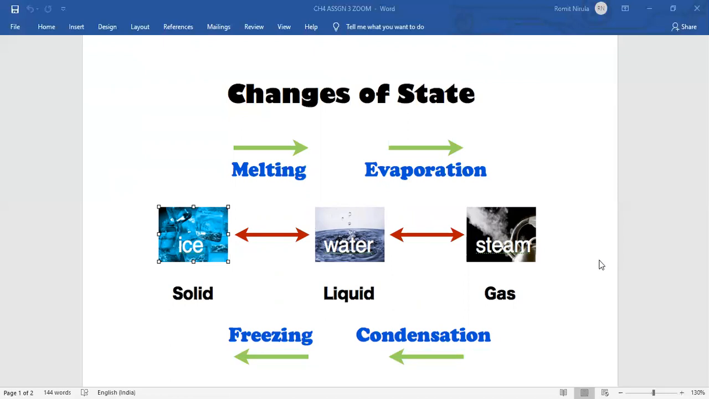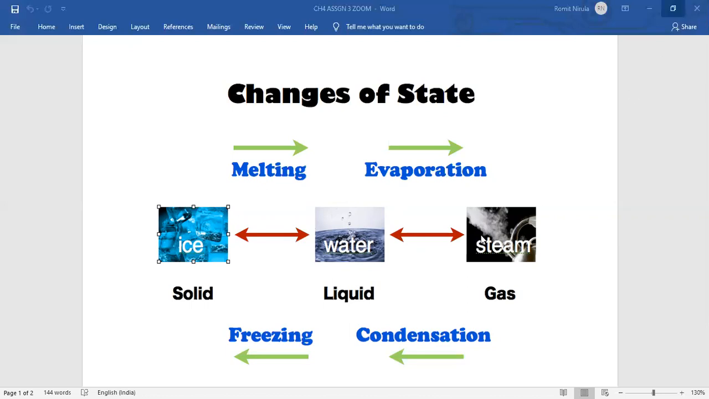Melting means changing solid state of matter into liquid on heating. And evaporation is changing liquid state into gaseous state on heating. This is called evaporation. So these are two processes, melting and evaporation, which happen when we supply heat to ice or water. But in the reverse order, if we see,